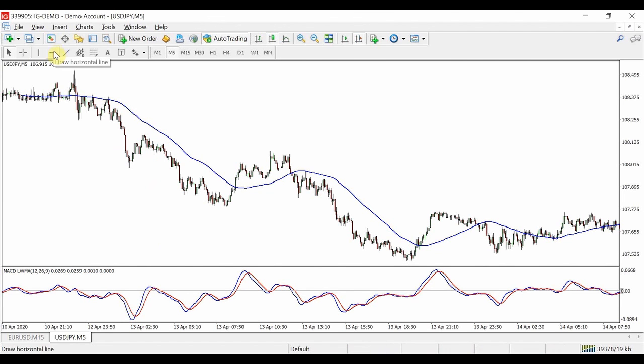If I take my trend drawing here, you can see from this point that price is making lower highs and the MACD is making higher highs, which gives you a classic example